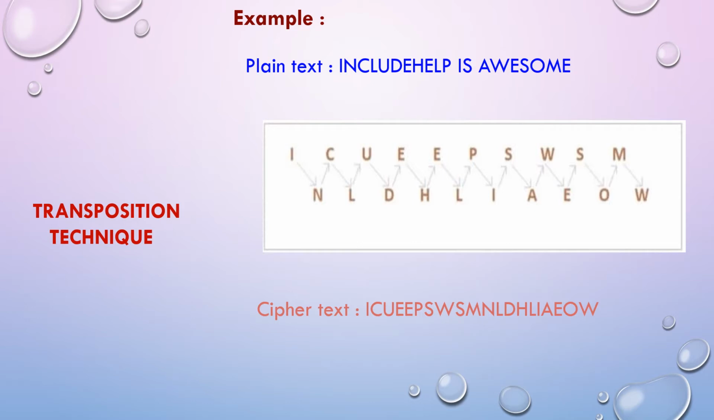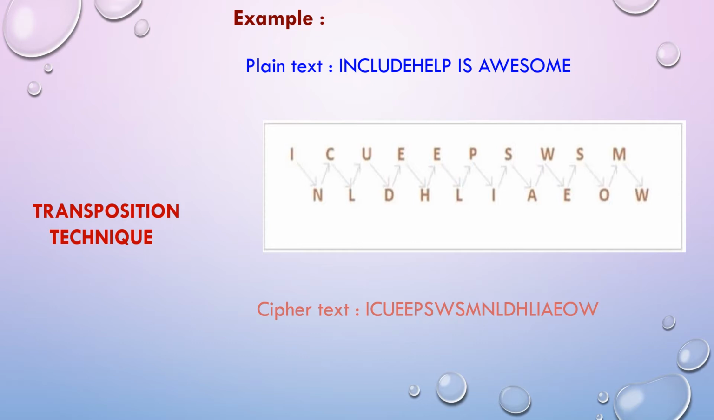Then we have to write the alphabet present in the plain text in a zigzag manner. That is, the alphabet I will be up, then the next alphabet N will be down, the third alphabet C will be up, the fourth alphabet L will be down. Likewise, we have to arrange all the alphabet present in the plain text in a zigzag manner. Then we have to read